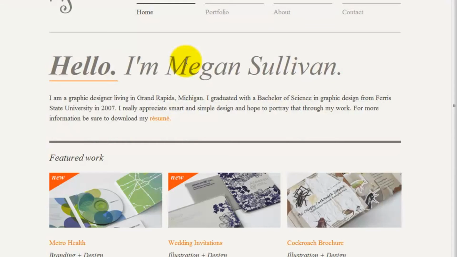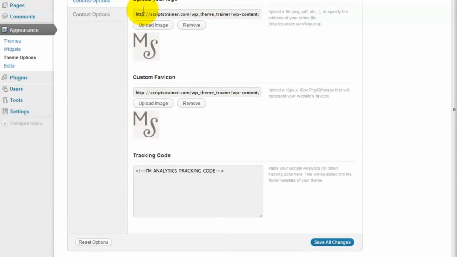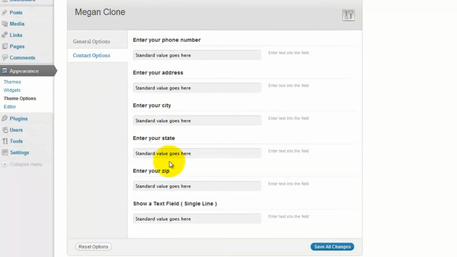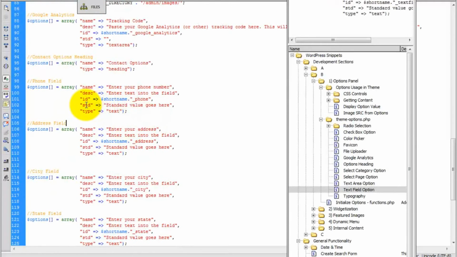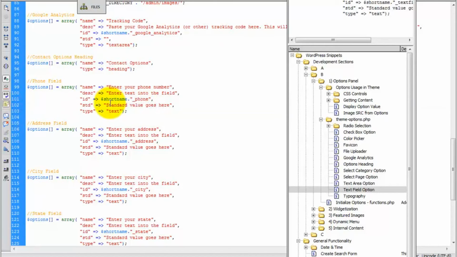Now, let's take a look. Refresh. And now under contact options, you see all of these values. So I'll just put some default information in. And actually, if you want it, each one of these areas that says STD, this is the standard value. And you can update that. So if you want it, you can say